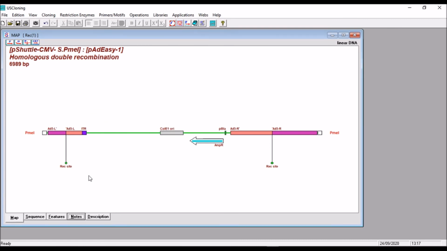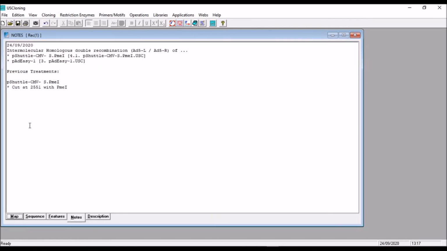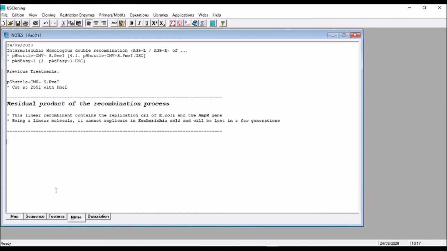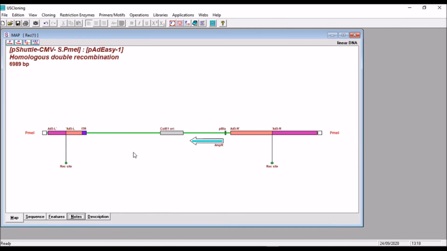As you can see in this map, this is a linear recombinant that contains the origin of replication for Escherichia coli and the ampicillin-resistant gene. You can add this information to the notes, and being this a linear molecule, it cannot replicate in Escherichia coli and it will be lost in a few generations. Save this file